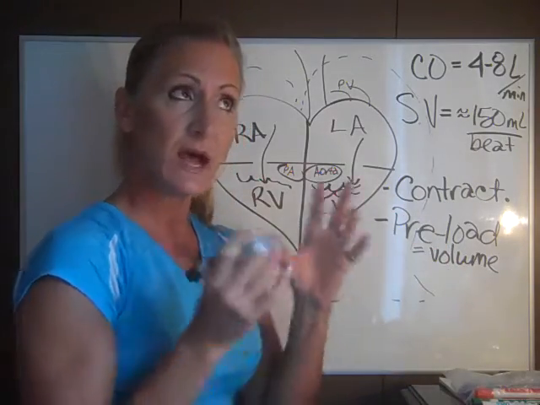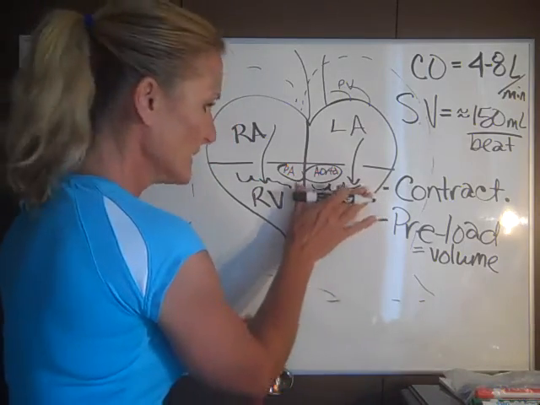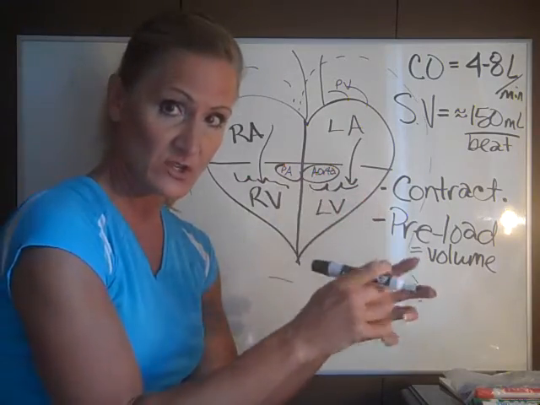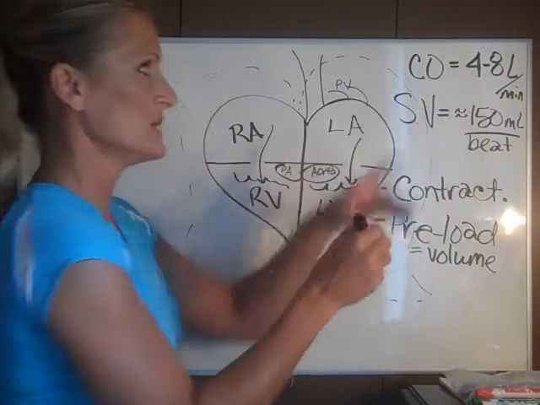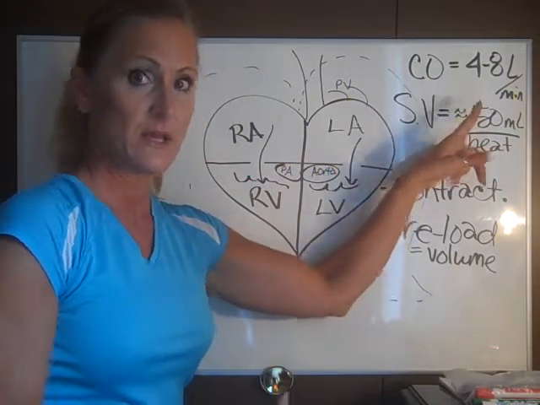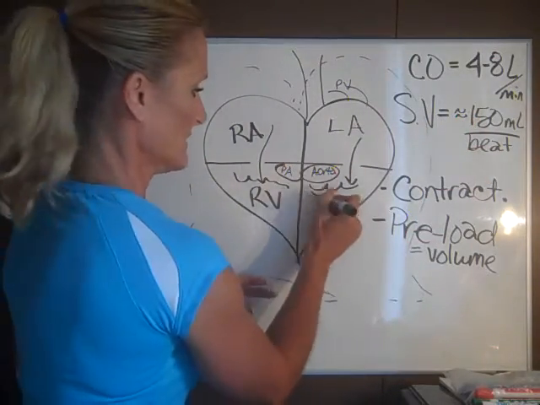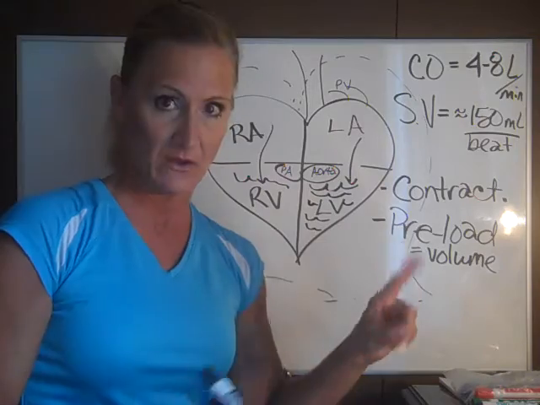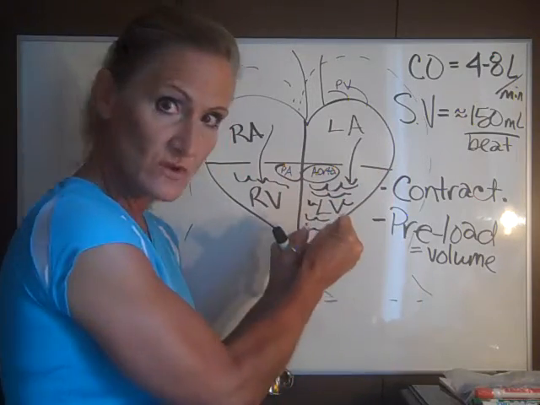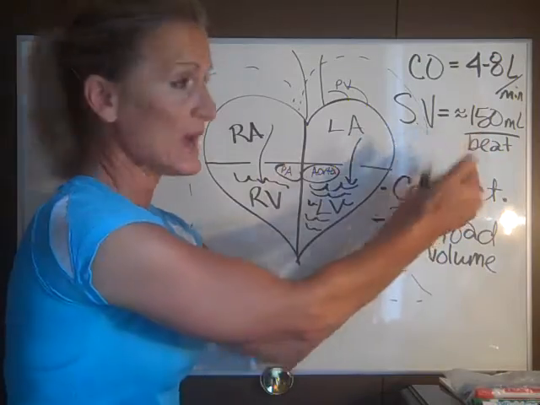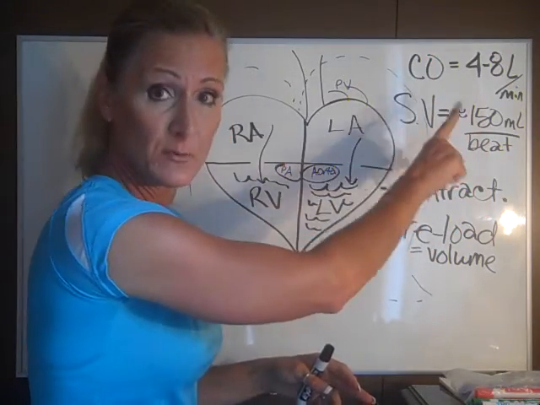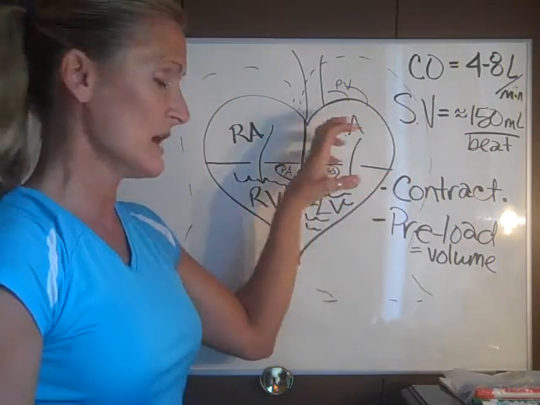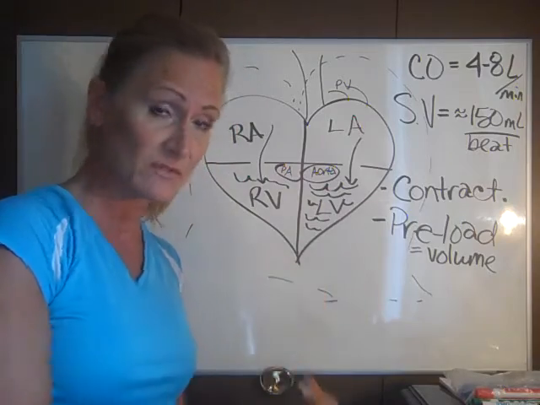So if your patient is hypovolemic, they have less fluid in here. So when that heart contracts, there's less fluid going out, and you've just reduced your cardiac output. If your patient is hypervolemic, they have lots of fluid in here, they have an elevated preload, and when that ventricle contracts, there is more fluid going out, and you've increased your cardiac output. So you're going to have more fluid in the system if your patient is hypervolemic, less if your patient's hypovolemic,